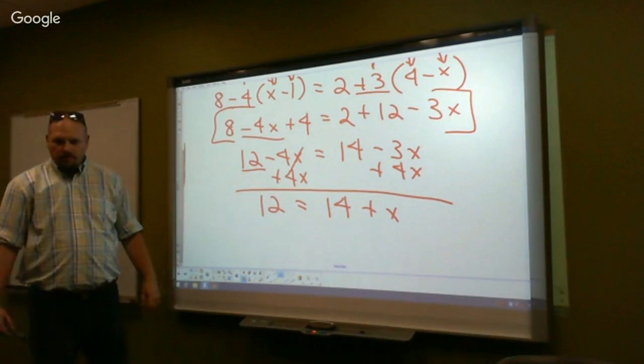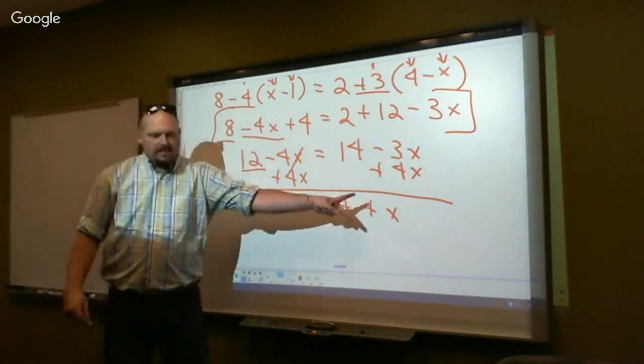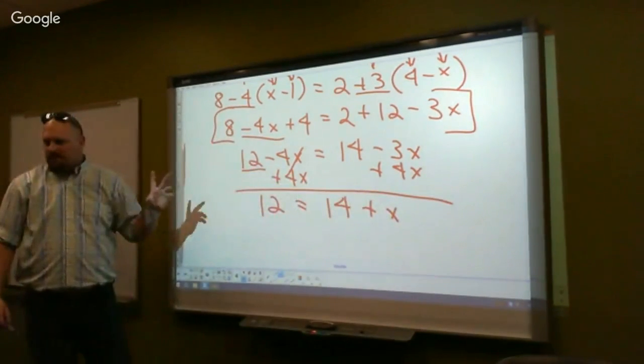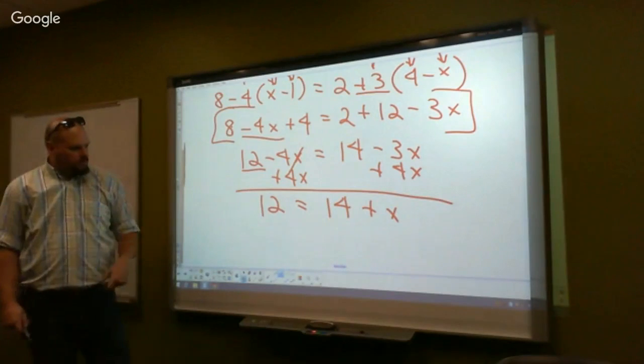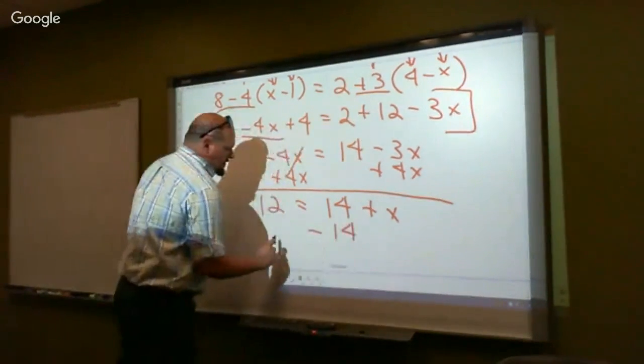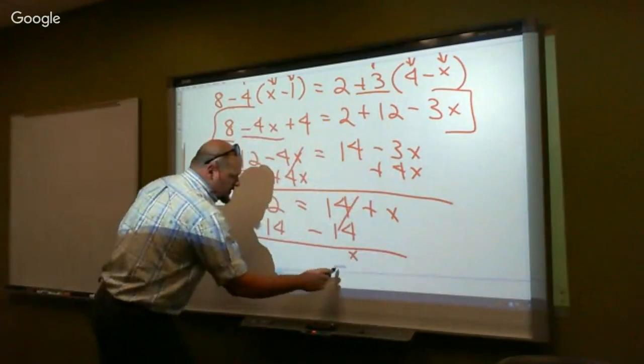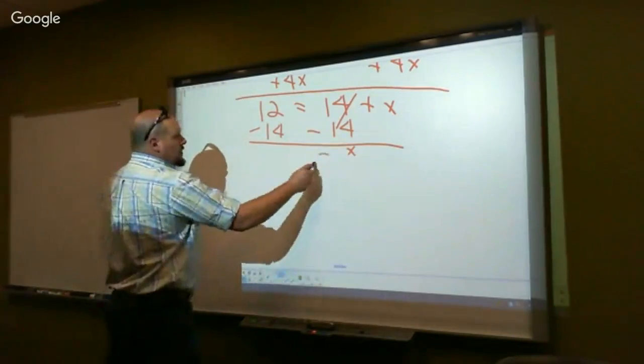A little bit? Okay, it needs to be clear. We'll get there. What do I do at this step? We'll explain every step in a second. What's next? You would minus 14 on both sides. Right, I would subtract 14 from both sides. That cancels. Now I have x equals